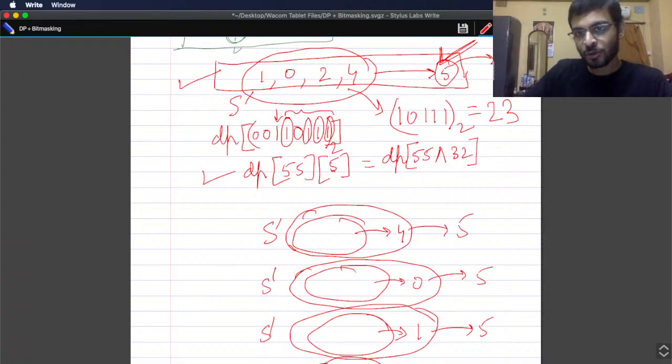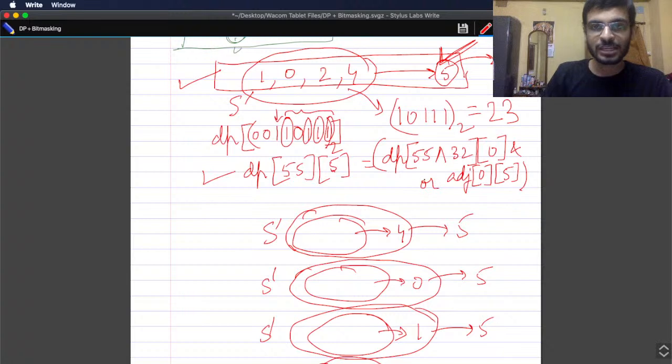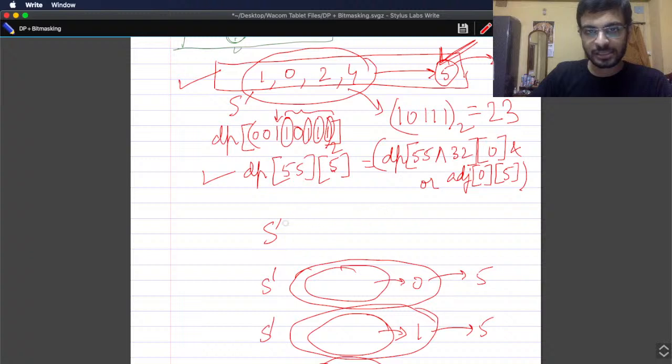इस वाली चीज से मैं यही पूछूंगा कि क्या is there a subset that ends at vertex 0, or is there a vertex which ends, suppose it is ending at 0, and is there an edge from 0 to 5? If both of these things hold, I can say that ठीक है, path possible है. और दूसरे क्या possibilities हैं,